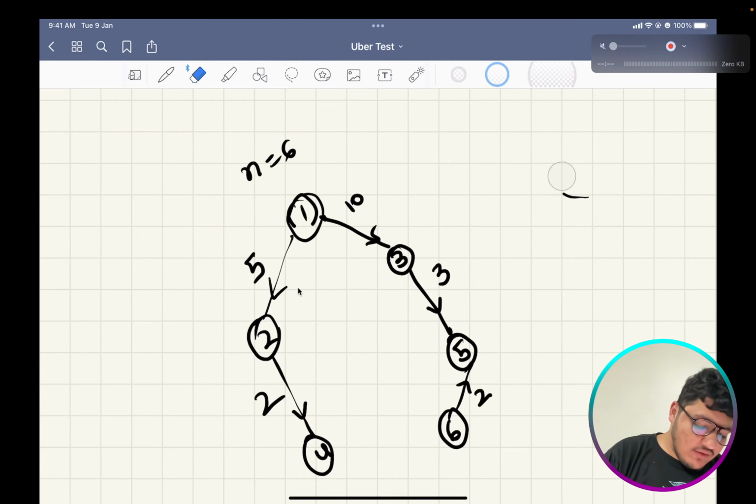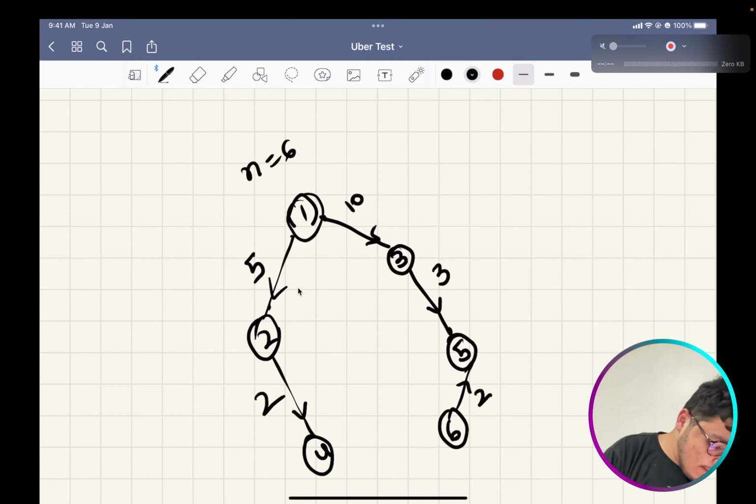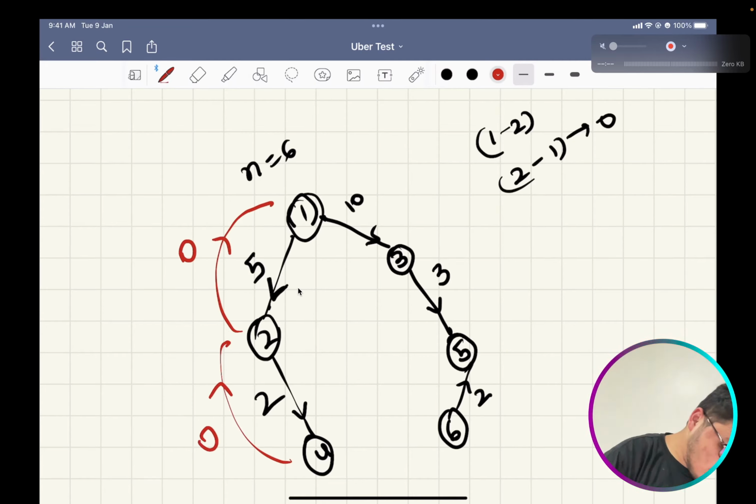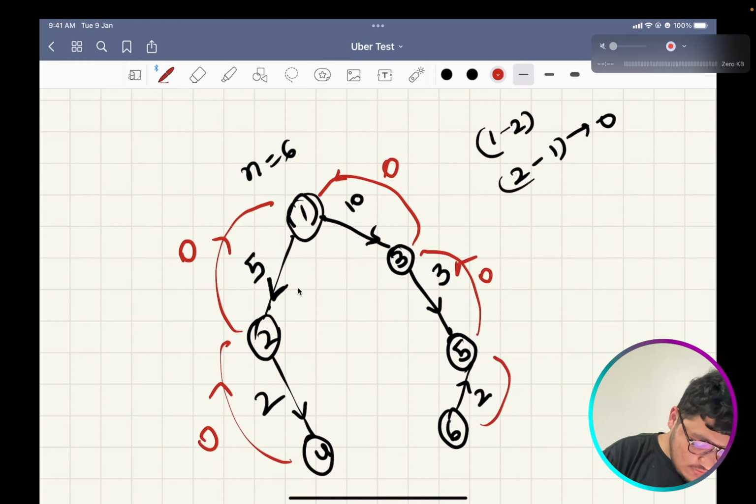So basically you are given this tree, and let's say you are given this 1 to 2 edge, and for 2 to 1 you could consider this edge as of 0 weight. You could consider these edges as of 0 weight. So now what you have to tell in this problem is, if you make a particular node as a root,